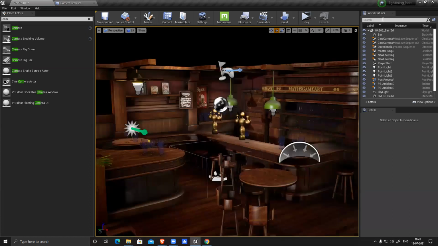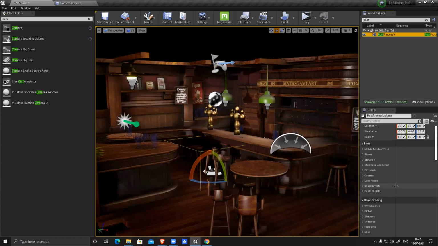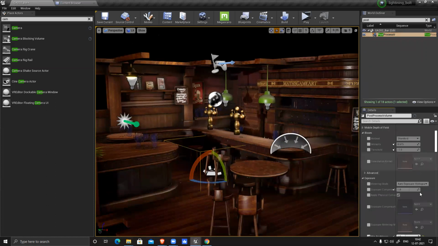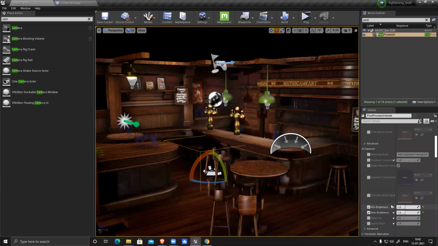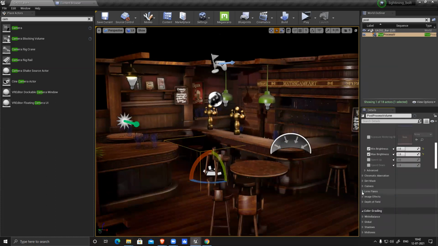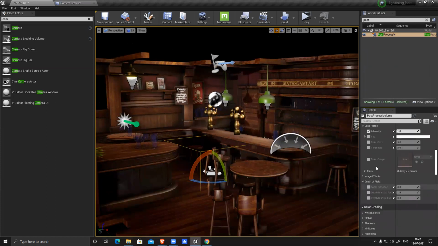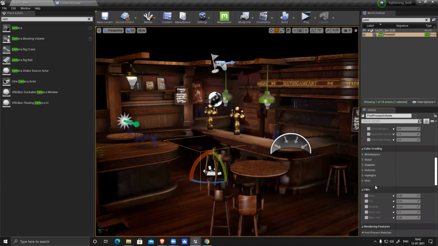And let's see post process. Let's check post process now. Post process, we have this one. So bloom, exposure, and all these things are already there. Exposure is 1, so it's giving you the final output, whatever you set here. You can see lens flare. Suppose you want to add it, you can definitely, you see these dots came here. Lens flare, if I want, I can add that. Depth of field, if I want, I can add those things. Color grading, if I want to change something, I can change.